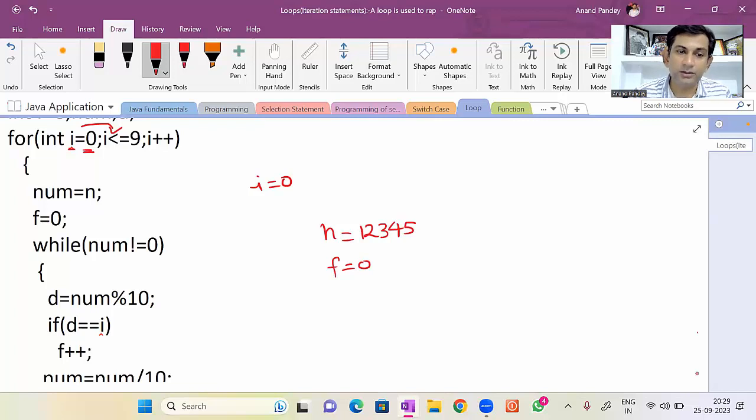Okay. Now coming to this line. I'm making a copy of n. I'm putting the value of n into num. A variable num is there. num will be what? Same value, 12,345. And then f equal to 0 is there. While num not equal to